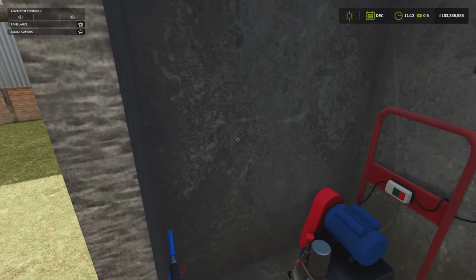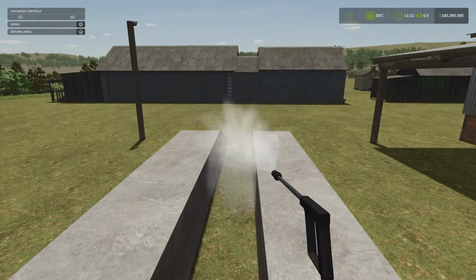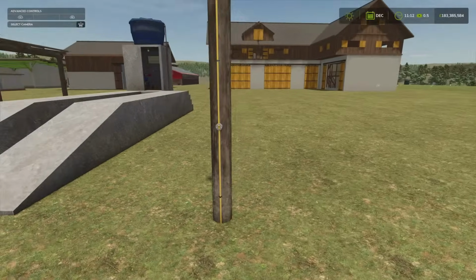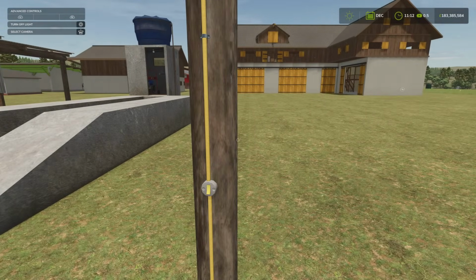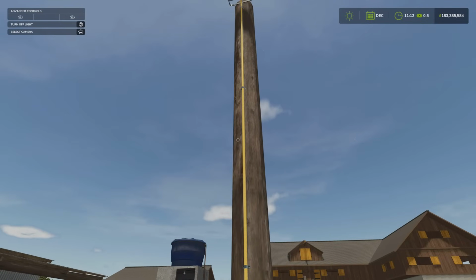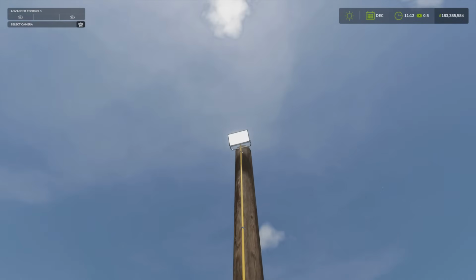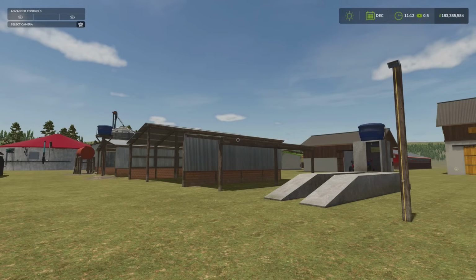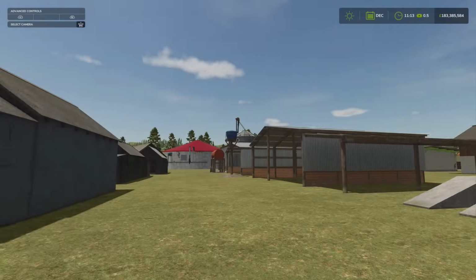And we can take our lance, do our jet washing, and then we come out of there, down here, turn on light, like so. So you can place those around to your heart's content. That's the small farm pack by Holtz FS. Next,